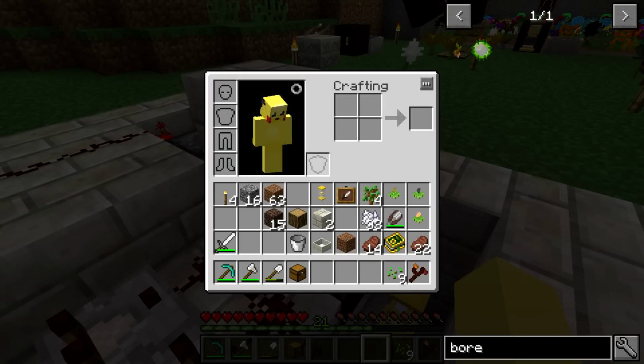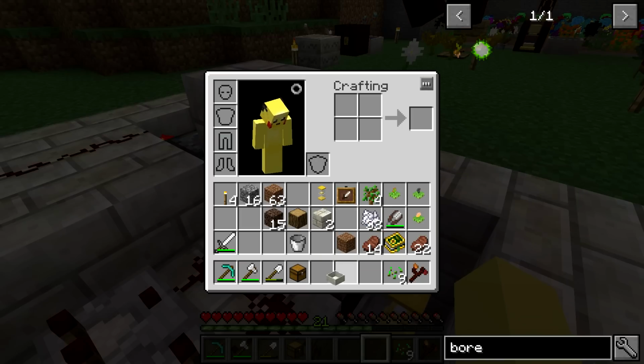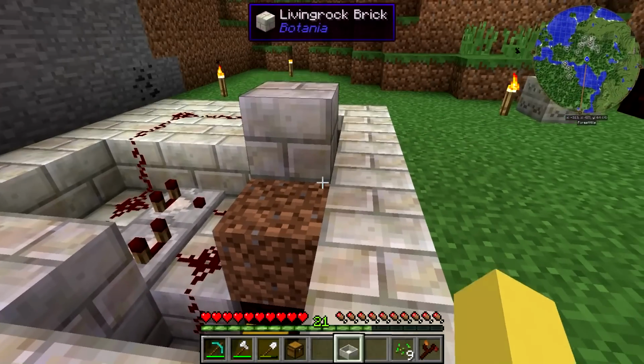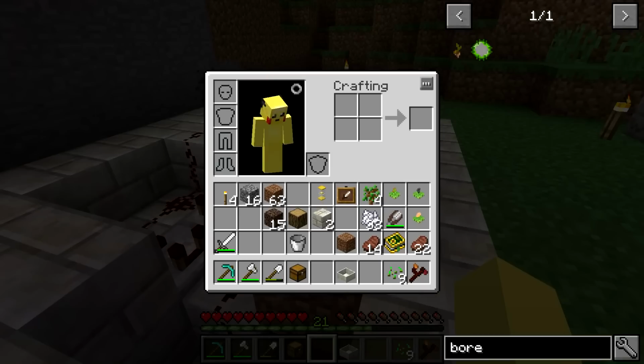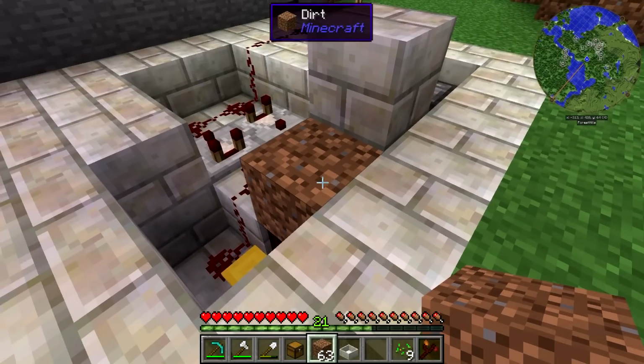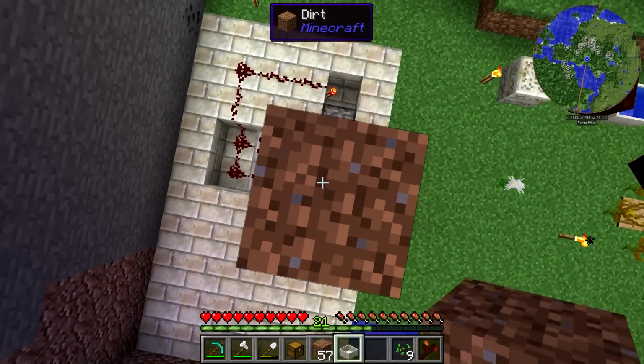So what we can do now is start setting up a couple of the different plants that we want. Now all these don't really have a specific way to be set up, but we want to keep track of the mana spreader and the mana pool that we're going to place down. So I should use a little bit of dirt, and we're going to go 7 blocks up from this dirt right here. So you can count 1, 2, 3, 4, 5, 6, and then the 7th block is